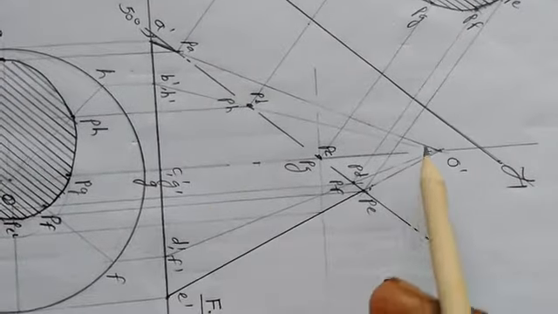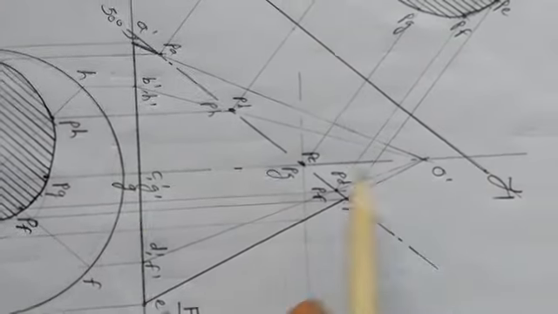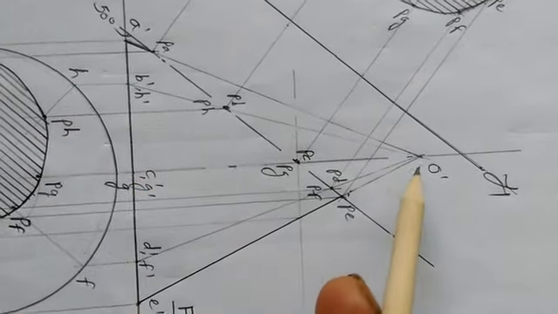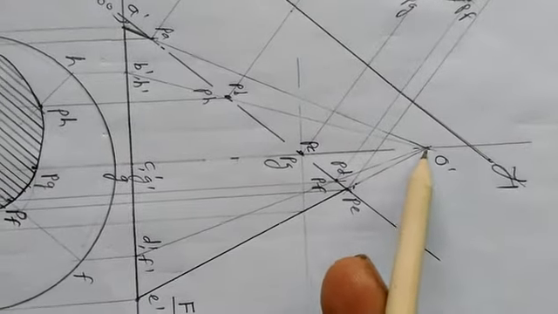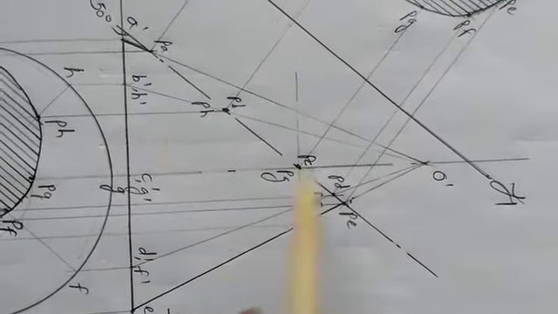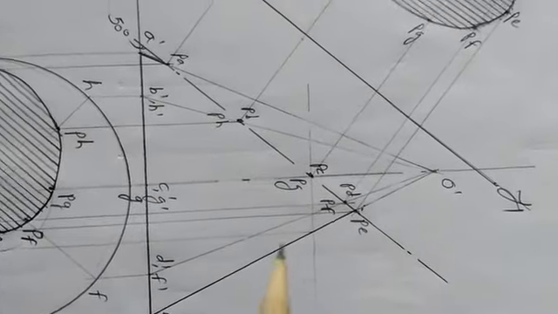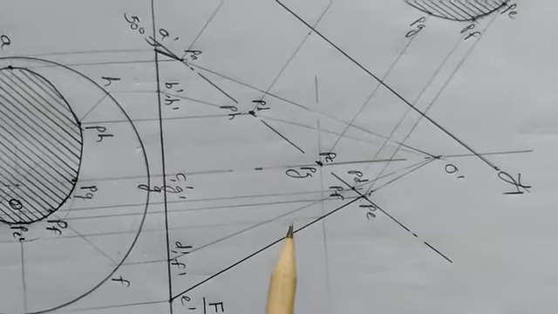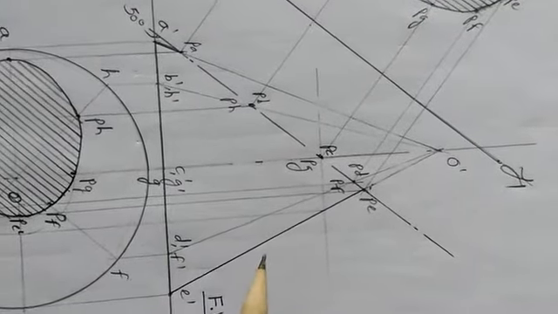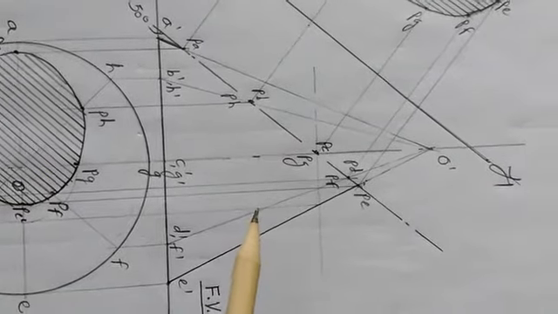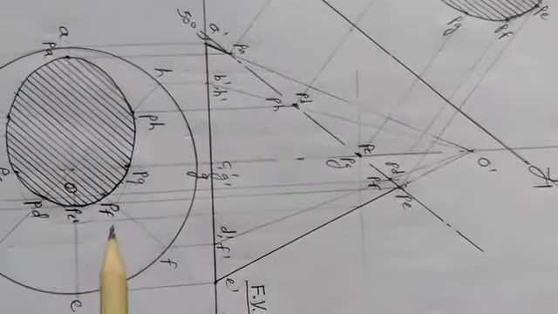So this is the height O dash, this vertical line, that is the center line, that is the axis. The length of the axis is given as 80 mm, it is mentioned here, it is shown here. So O dash is the apex visible in the front view. Connect all the generators in this way with faint effect. Generators should not be shown dark. Only the left extreme and right extreme generators of the cone will be with dark effect. The rest of the intermediate generators will be of faint effect. Accordingly, the first and second views we have completed.